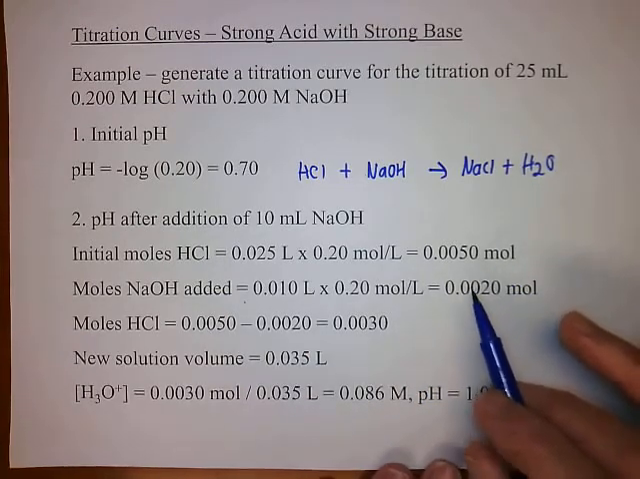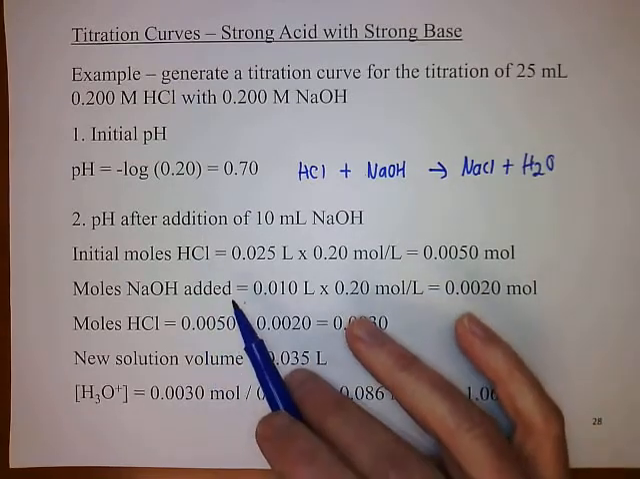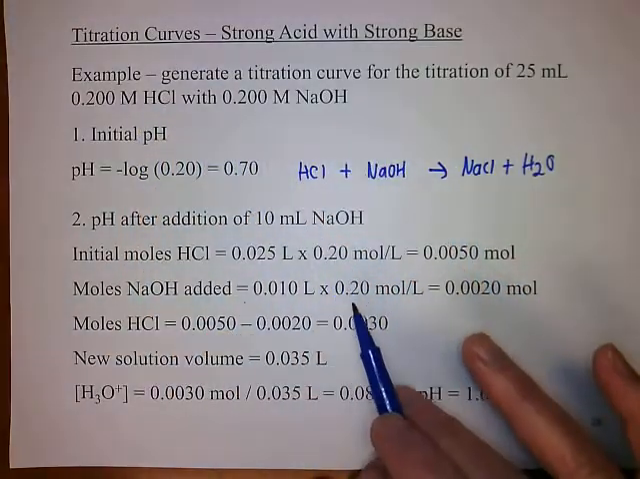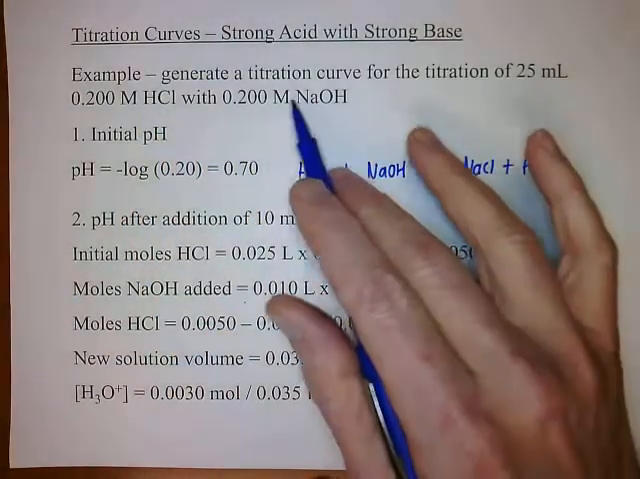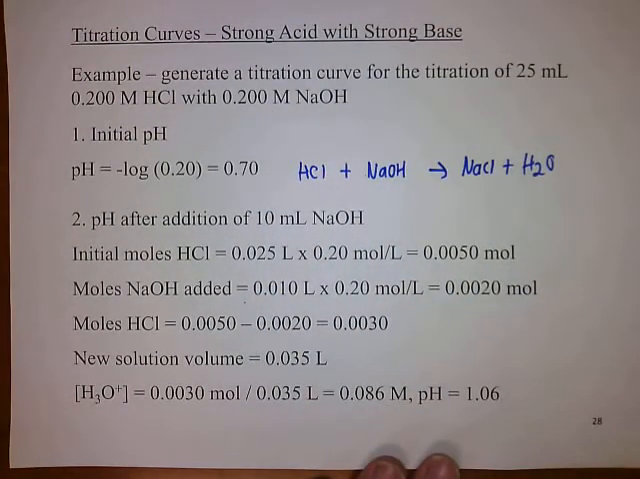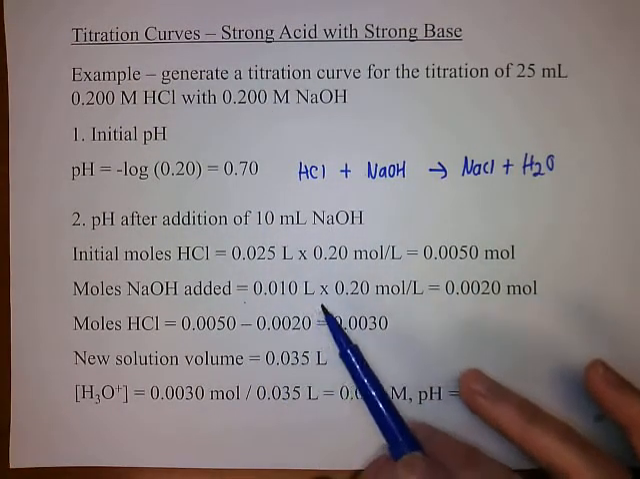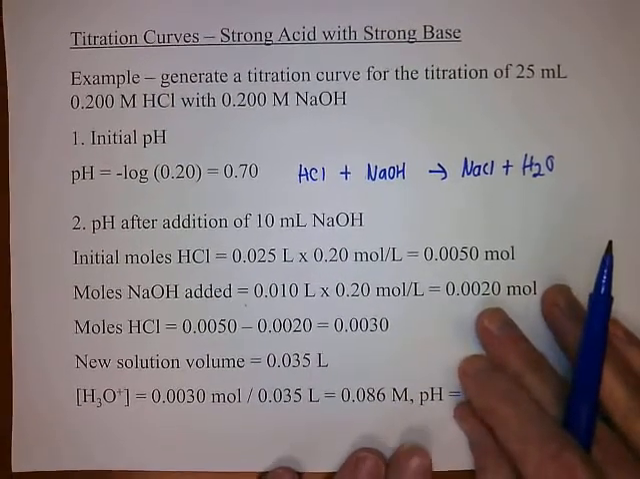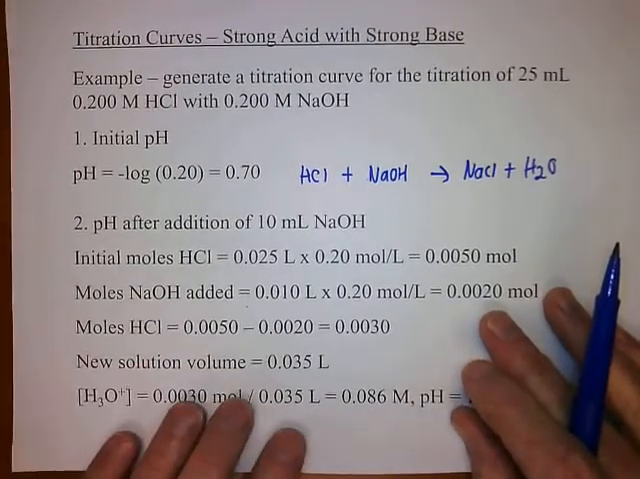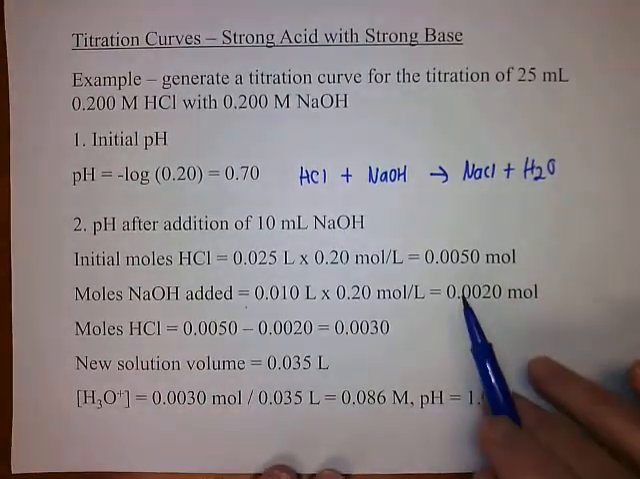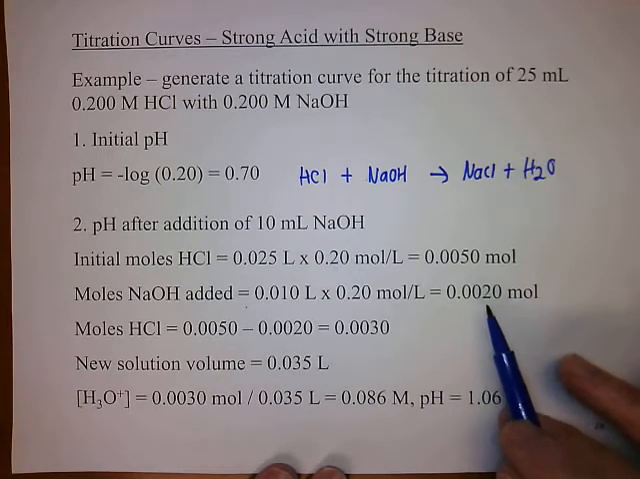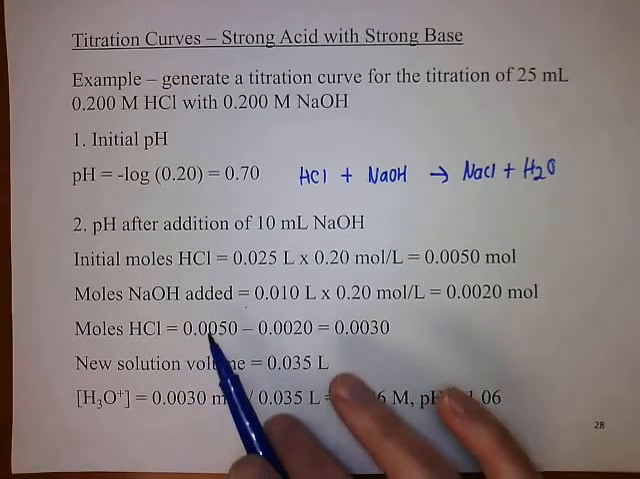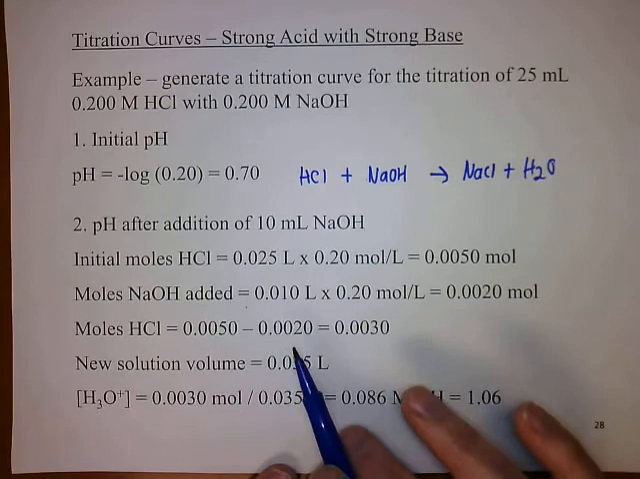Now, how many moles of sodium hydroxide have we added? We added 10 mL of the sodium hydroxide, the same concentration, 0.20 molar, so that's 0.010 liters times 0.2 moles per liter, which is 0.0020 moles. So by how many moles of HCl did we lose? This number, 0.0020. So how many moles of HCl do we have left? 0.005 minus 0.002 is